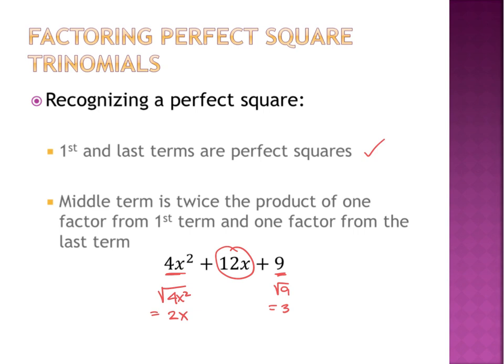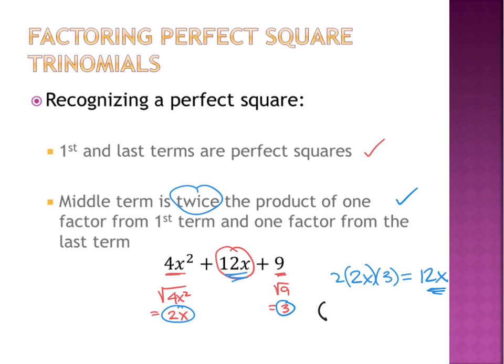So in this case, when I take the square root of my first term, I have 2x, and I multiply it by the square root of my last term, which is 3, and if I take this whole thing and multiply it by 2 because it's twice that product, I hope that I come up with that middle term, because if I do, then this is a perfect square trinomial. So 2 times 2x is 4x times 3 is 12x. Because this 12x is the same as this 12x, I now know that I meet the second part of the criteria. So in order to factor this then, I'm going to end up with